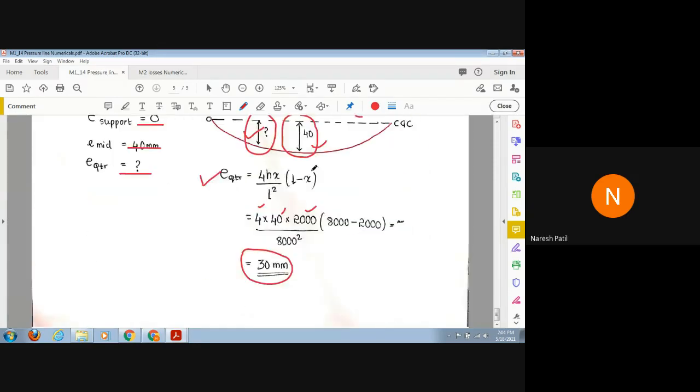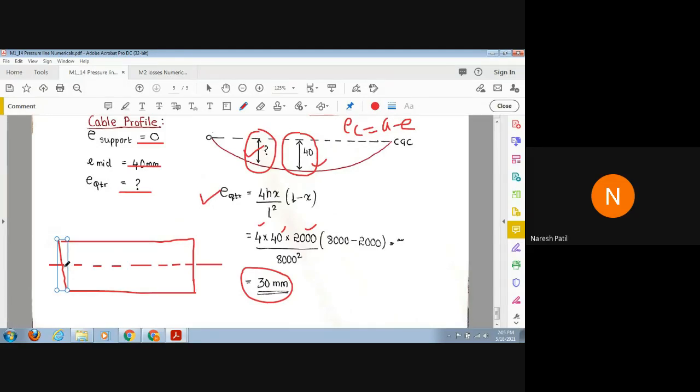Now we will draw. Is it visible? Yes, sir. So we'll draw the pressure line in the diagram. See, this is done. Next we have the CGC. See how to draw it. First draw the longitudinal section, then draw the CGC. At support, I locate the point. It is 0. At mid span how much is it? It is 17.6. So I locate it somewhere here. Is the screen visible now for everyone? Yes, sir.